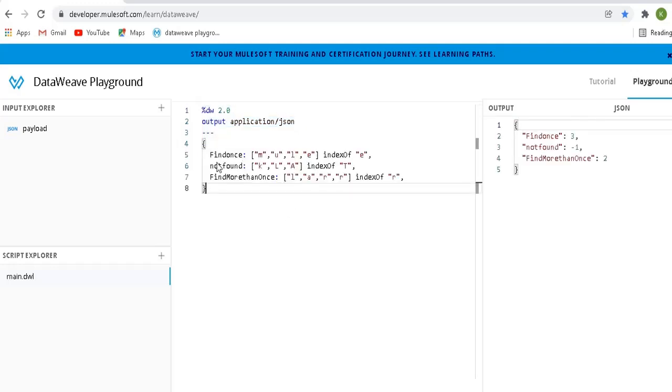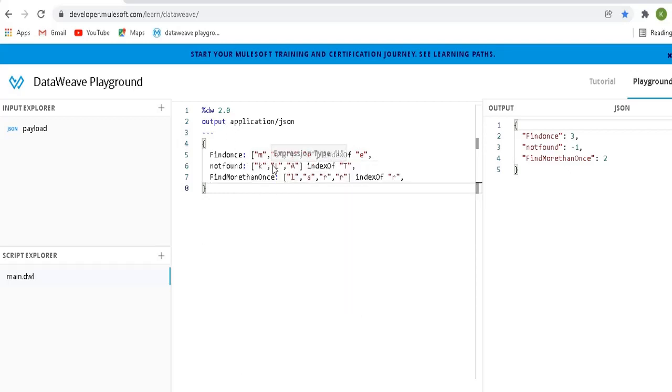See, here I have taken three different examples. One array is MULE, the second array is KLA, an array of strings actually, and the third one is LARR, just for example. So indexOf we can use in different scenarios.